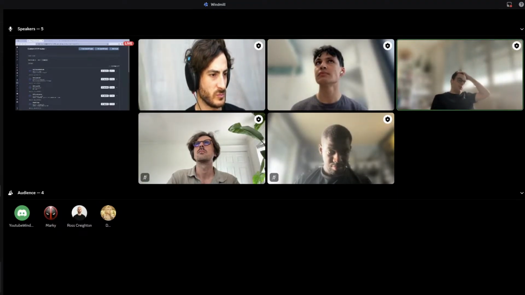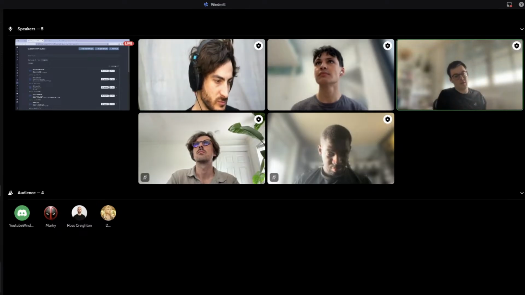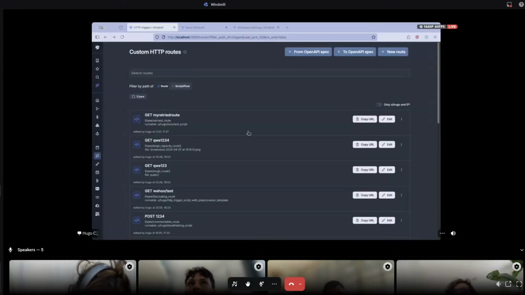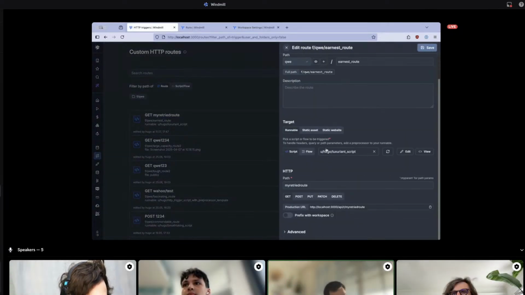So this week I've worked on adding error handlers and retries to all triggers in Windmill. Until now, we only had the possibility to do it for schedules, and we wanted to generalize the options to all the new triggers we've added in the past month. So the interface is similar at the bottom of